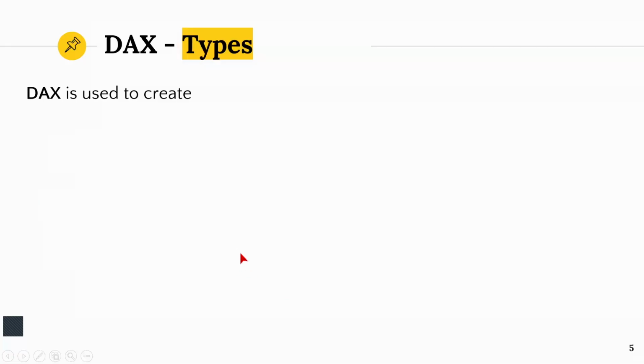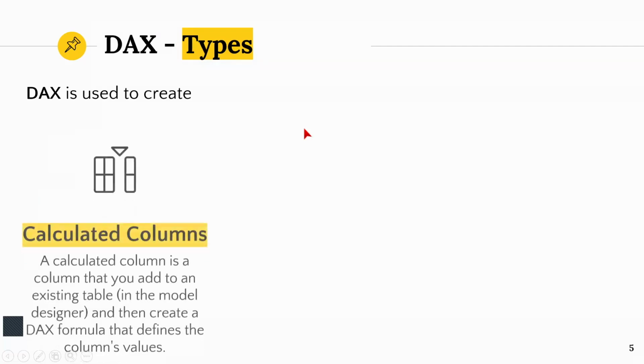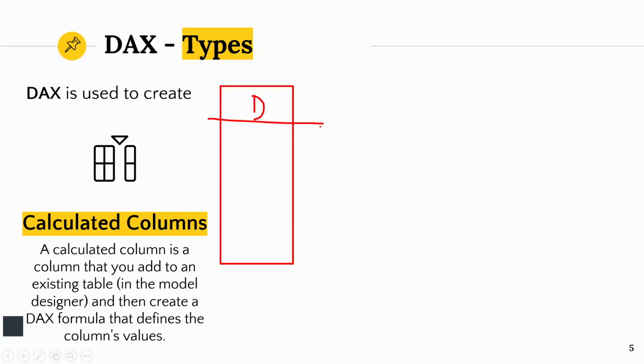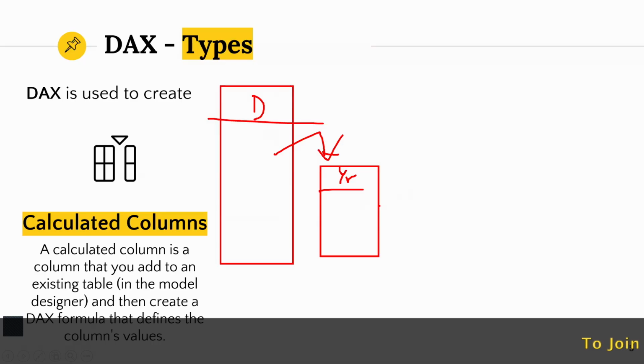But what are you going to achieve from DAX, right? So what you do is you go and create a column using DAX. A column like, for example, you have a date column, and what you do with that date column is you will be able to extract, let's say, a year out of the date column, right? Have you done this in Excel? Yeah. So this is all that you do.